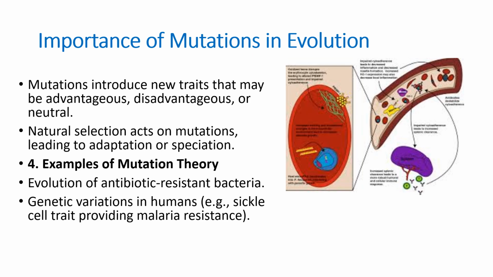Another example of mutation's role in evolution can be seen in humans with the sickle cell trait. While having two copies of the mutated gene causes sickle cell anemia, having just one copy provides resistance to malaria. So in regions where malaria is common, this mutation offers a survival advantage, which is why the sickle cell trait is more common there. Just to give you a little insight regarding this example, it is a very classic example of balanced polymorphism.